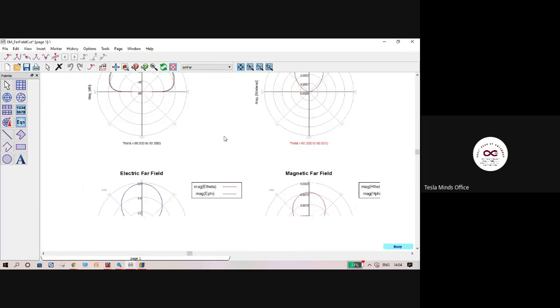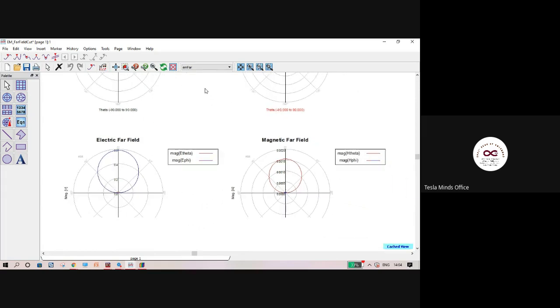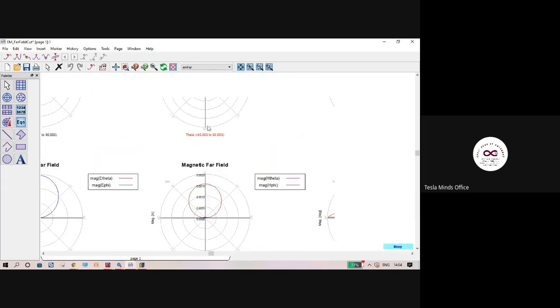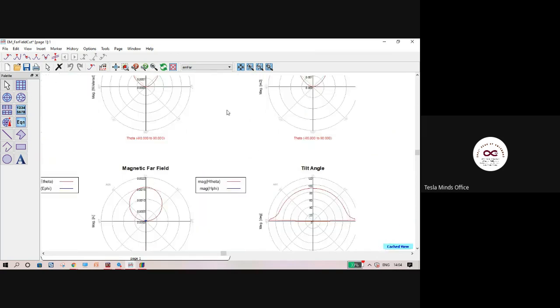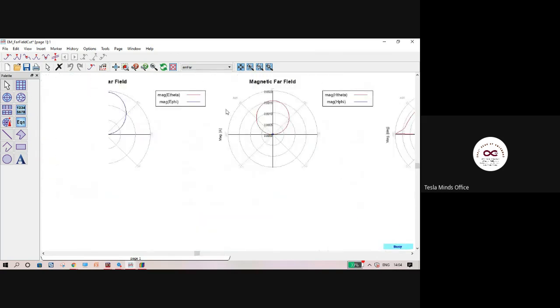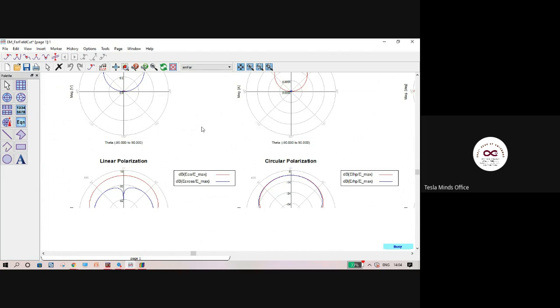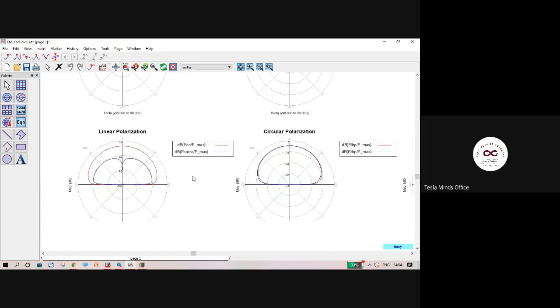Maybe this might be too much if you're a beginner, but if you're already designing antennas, you will follow or you will be happy with the key terms here, right? Just to show you the polarization, then I'll switch to the topics. Right. Yeah. So this is the polarization view. What is the orientation of the electromagnetic field coming out of the antenna?